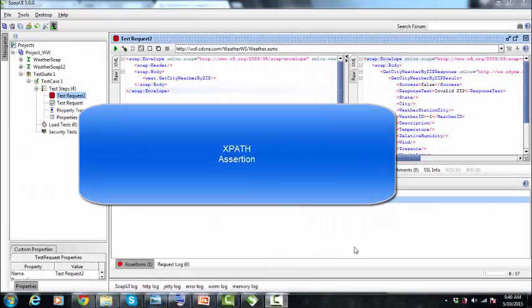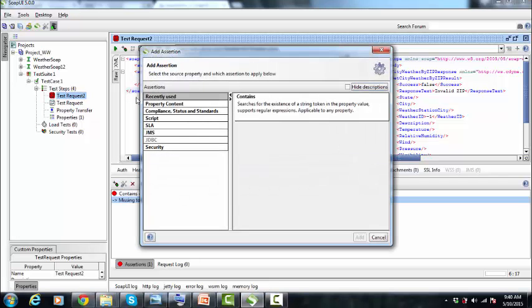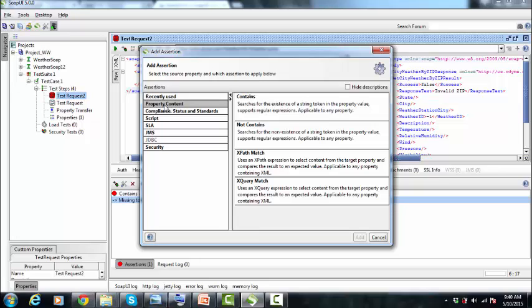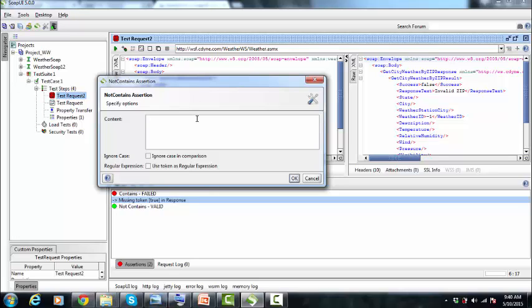Now the counterpart of the contains assertion is the not contains assertion, which checks that a specified string does not exist in the asserted message. Okay. Now what we do is that for the same test request we add another assertion. We select from the category, and then we select the not contains assertion, and then we add it. Now we want to check what this response does not contain. So for example, if we write again